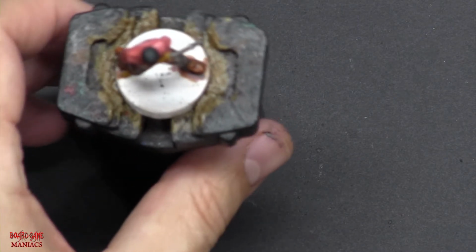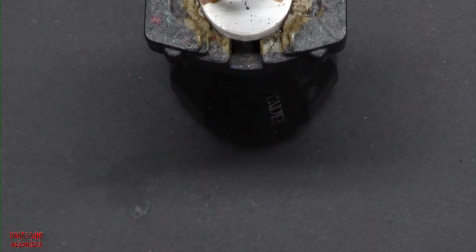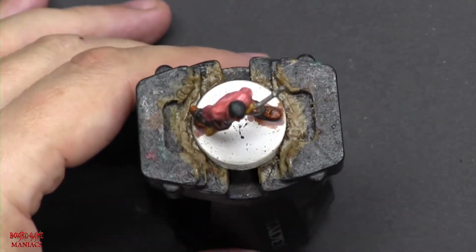So we're going to do Ben's now. And we got the wood burning tool. Now, before we do this, you are melting plastic, so it is good